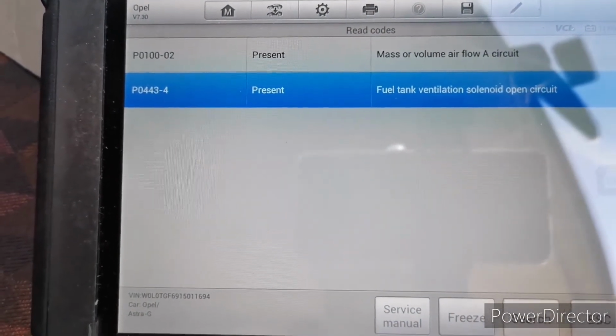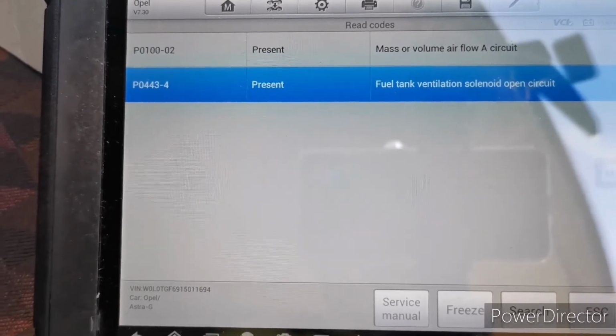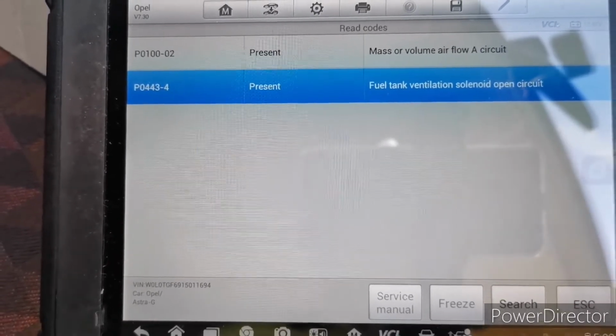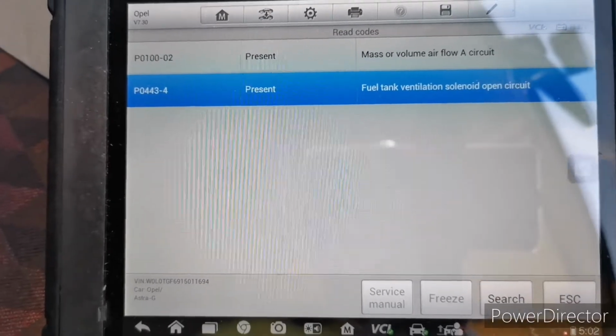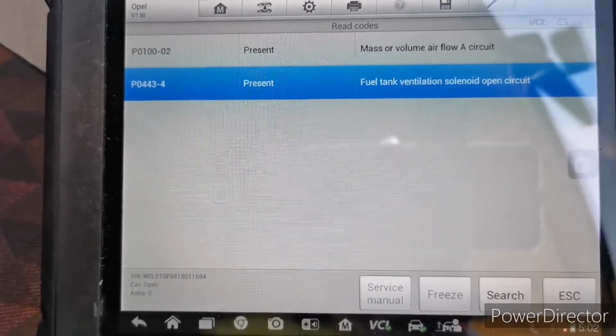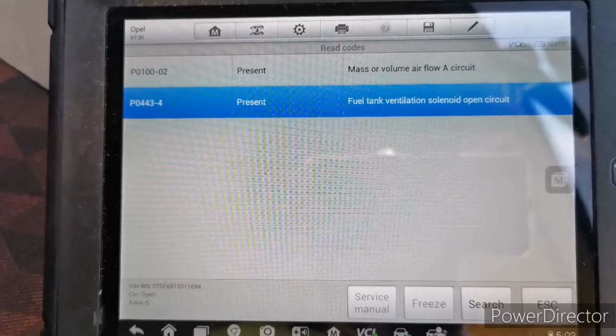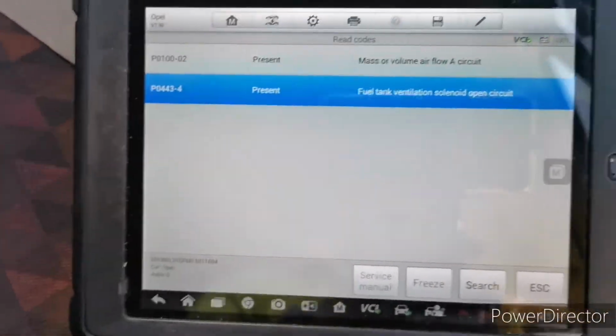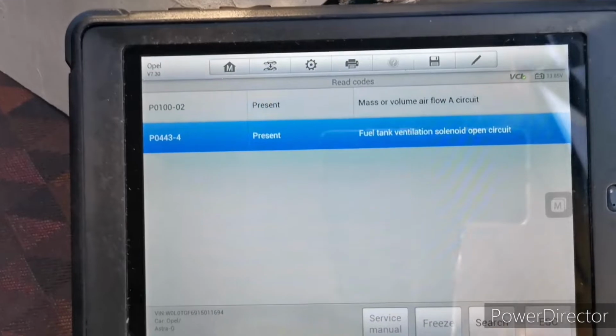That is fuel tank ventilation solenoid open circuit. I'm going to check, guys, whether